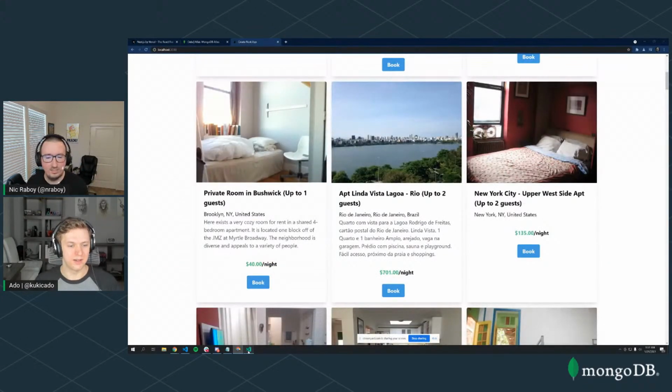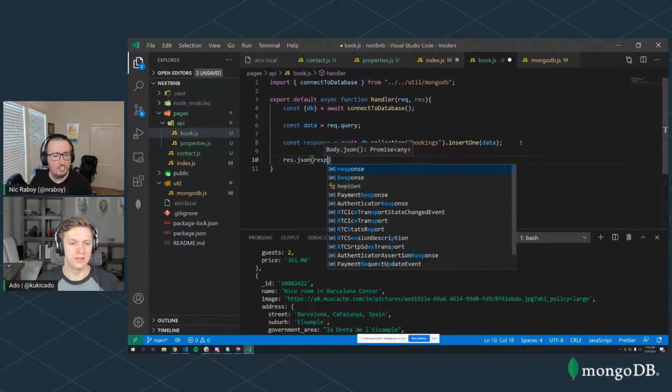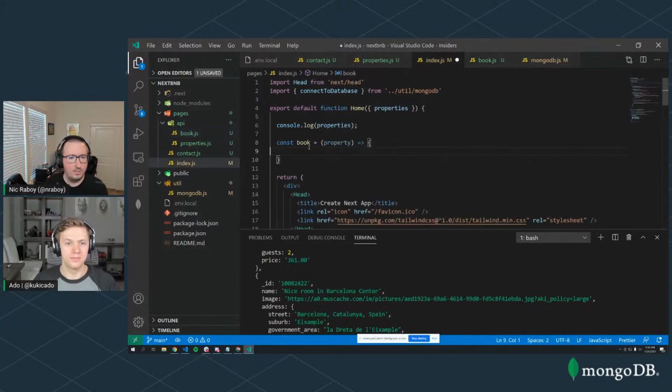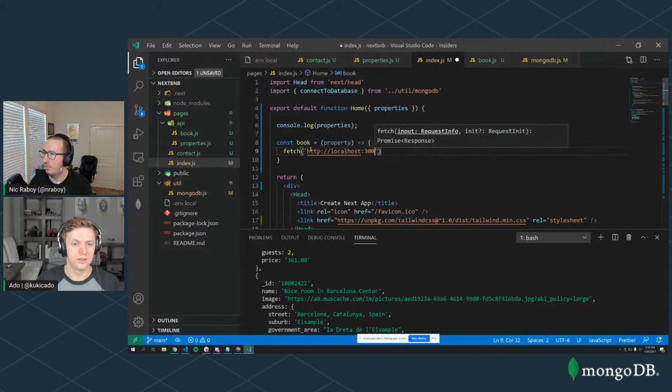Anyway, just because we do have a few minutes left, let's wrap this guy up. So we are inserting our data. Let's also capture that response, and this also returns a promise. So we're going to await, and then we'll say send us back that response. And then in here, what we're going to do is run the fetch to our API, as an API book, and actually let's make it